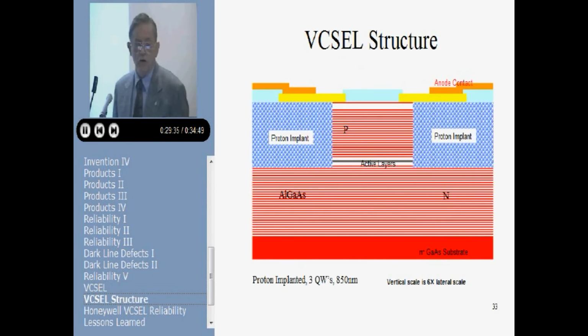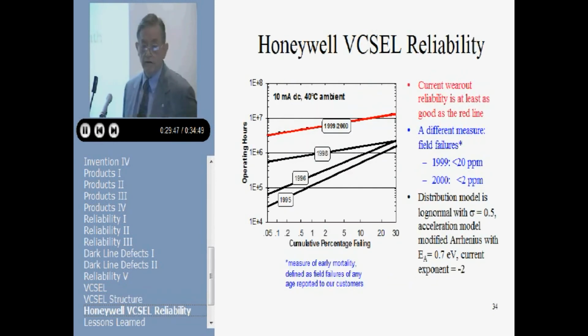This is the VCSEL structure that we use now. There's a proton implant to isolate the diodes that goes down through the p-n junction, the active layer. And the life of the VCSELs, as you can see, has been steadily improving. The last data I have here is for the year 2000, but the cumulative percentage of devices